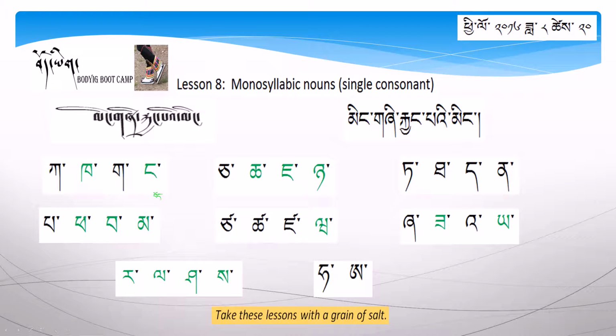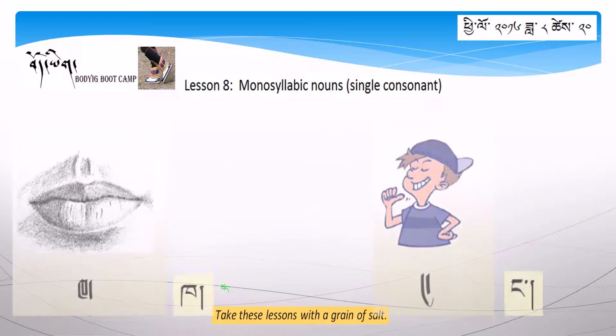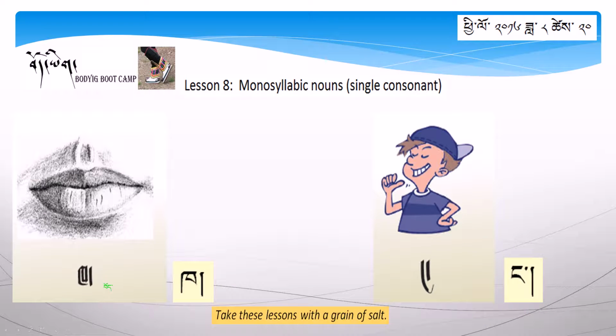So as you can see, these are the 15 different letters that could form a noun. So all these letters in green: ka, nga, cha, cha, nya, pa, pa, ma, wa, sa, ya, and then ra, la, sha, sa. So as an example, the first two examples we have are ka and nga. So ka means mouth, nga means eye,